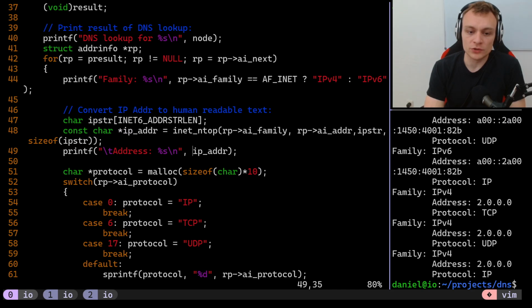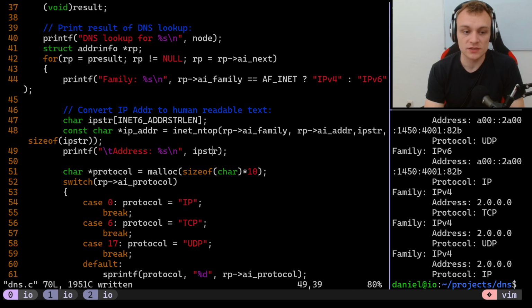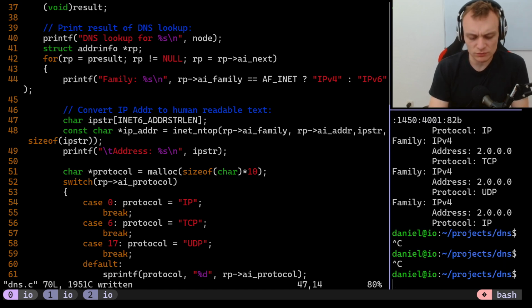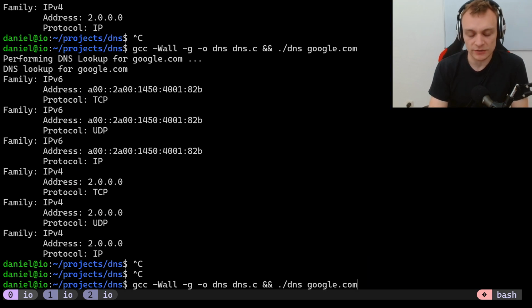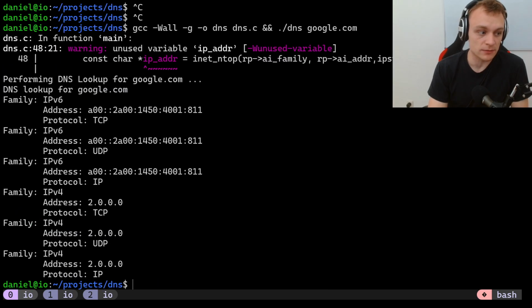What if we print not the IP address, but the IP string, which is the allocated character array which we declared here? It shouldn't make a difference, actually, because I understood the method in a way that it returns the same thing